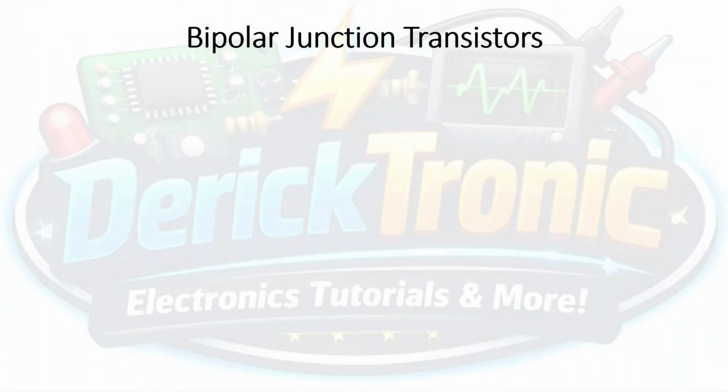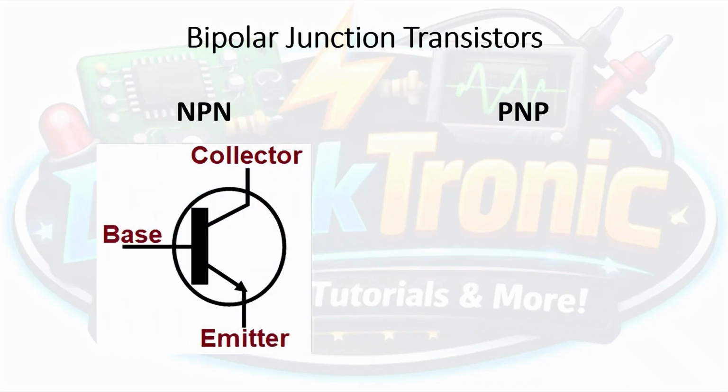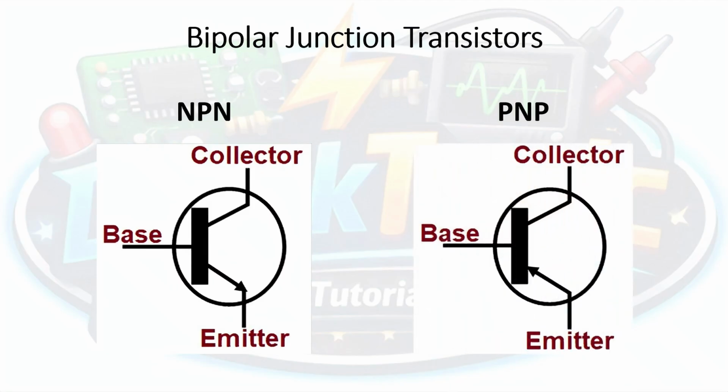As stated earlier, bipolar junction transistors come in two types. You have the NPN transistors and the PNP transistors. In the schematic diagram, an NPN transistor looks like this. Here you can see the three pins of the transistor marked as the collector, the base, and the emitter. The emitter is marked with an arrow pointing outwards from the transistor. So if the arrow is pointing outwards, what we have there is an NPN transistor. If the arrow is pointing inwards, going towards the base, as you see here on the right, what you have is a PNP transistor.